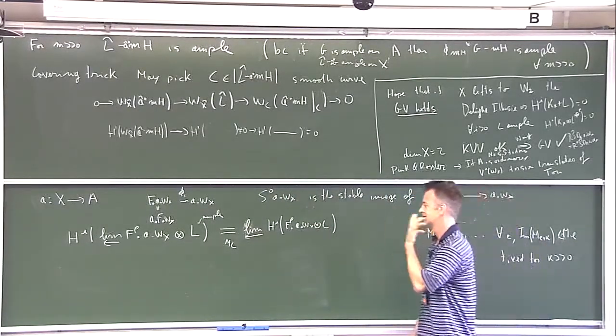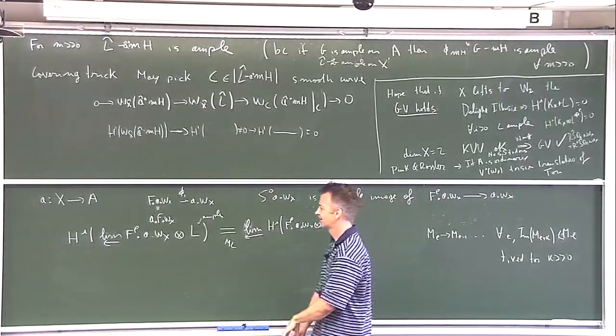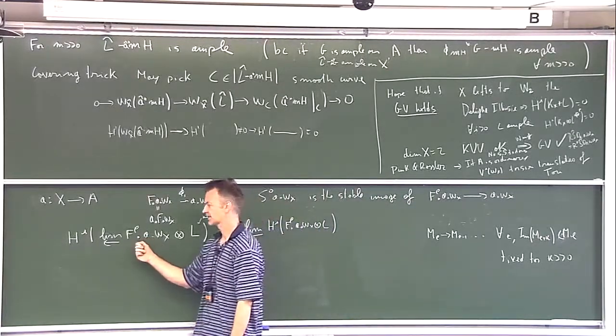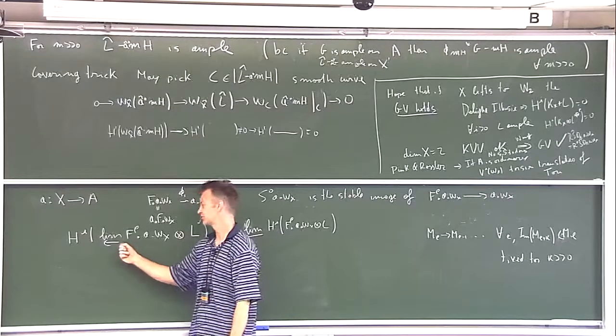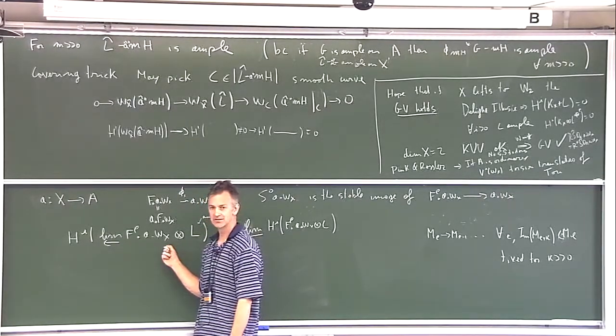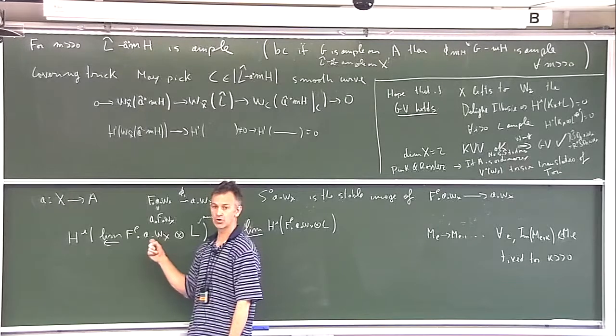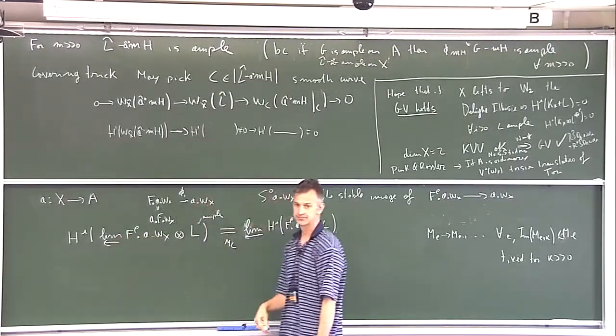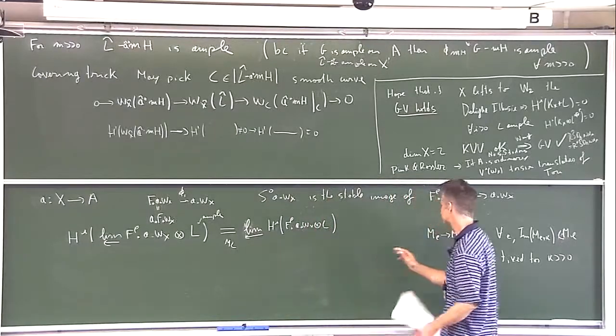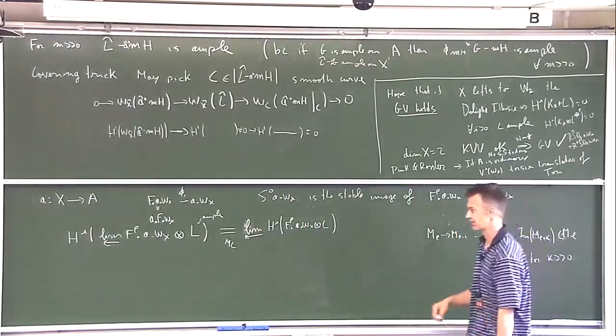Because, in other words, if it didn't satisfy the Mittag-Leffler condition, this limit and its limit in the derived category are not the same thing. Even though you start with a sequence of sheaves, the whole limit is not the same as the inverse limit. We're in a friendly situation. We don't need to worry about that. We can do